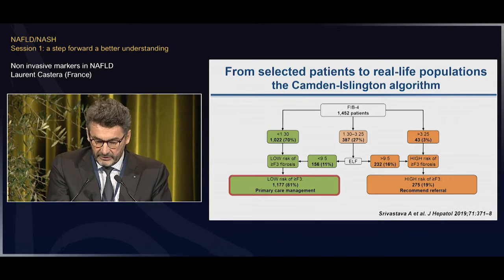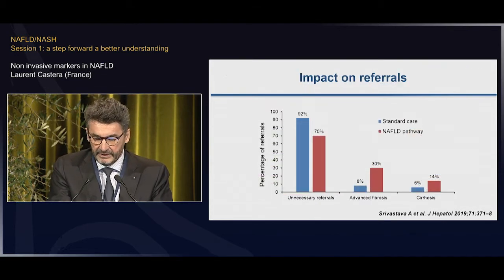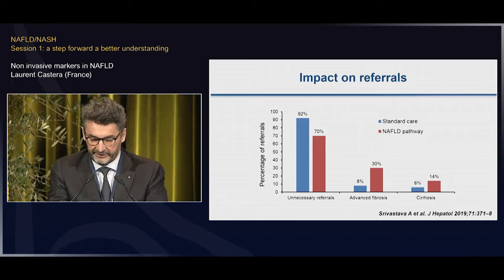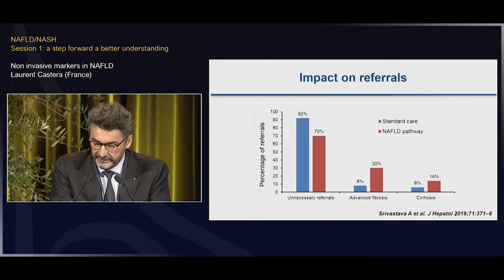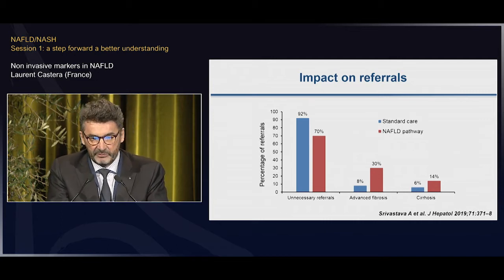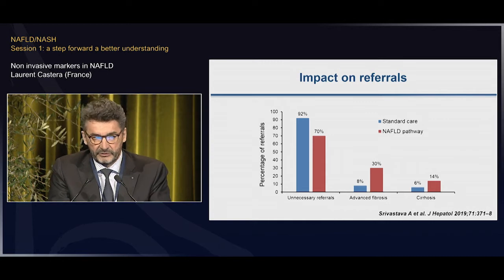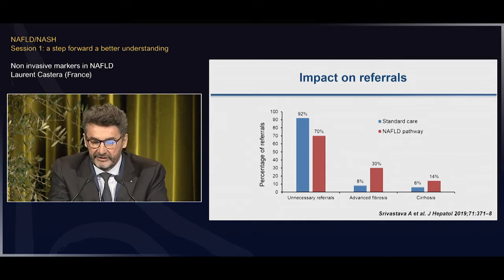The interesting thing about this study is that they compare on referral the standard of care and the so-called NAFLD pathway. What you can see is there was a decrease in unnecessary referral, but still 70%, and an increase in the proportion of patients with advanced fibrosis that you can capture. The drawback of this study, there was very few liver biopsy. Of course, they did not perform liver biopsy in every patient, but still, it gives you an idea, and I think this is an interesting